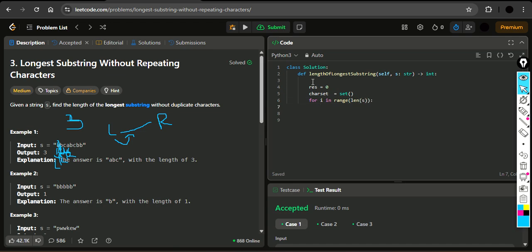Now what we are going to do, we are going to add it in the set, right? How will we add? char set dot add s of i. Once I added, I will update the maximum, right? So result comma,